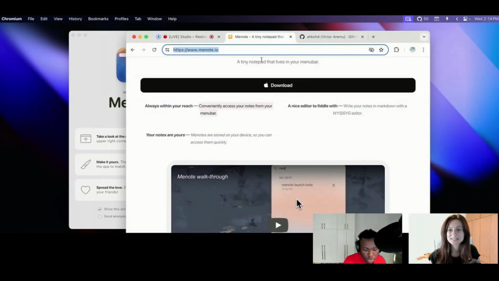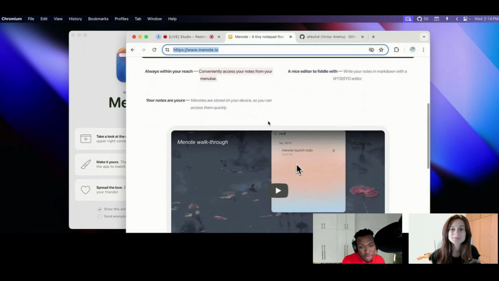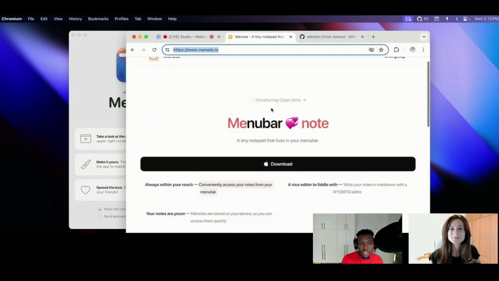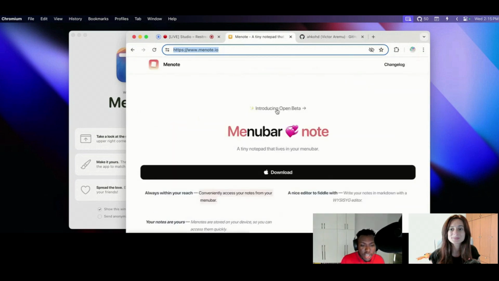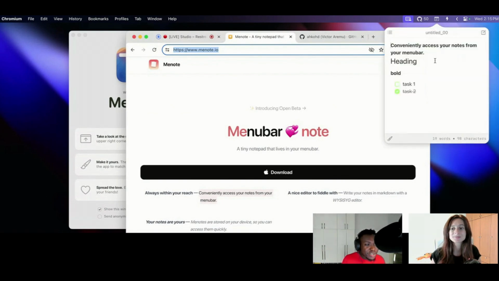So the UI is built with React and TypeScript. The backend is built with Rust, and of course Tauri is the framework that glues everything together. And like I mentioned, building stuff like this, the app feels very native because I use a lot of native APIs.